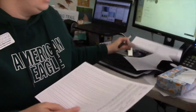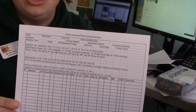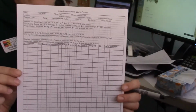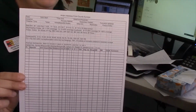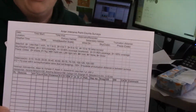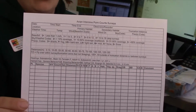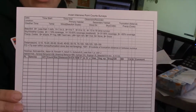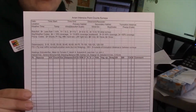Now, if you're doing an intensive point count, this is the form that is for the actual point count itself. So this is what you're going to use. You're going to want to have multiple copies of this, because when you're doing your surveys, if it's more than one point count location, you go through these forms pretty quickly. So I wanted to go over some of the basic information and pitfalls that tend to occur while filling out this form. So this is our intensive point count form,